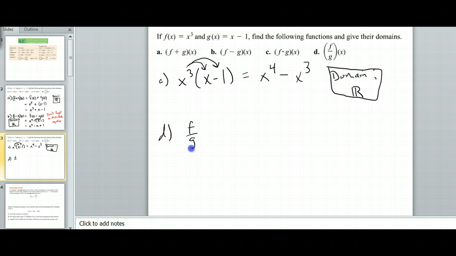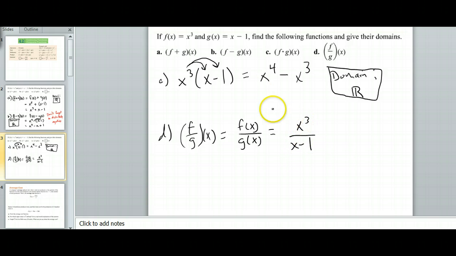When I have f over g of x, that means I got division. I'm taking f of x and I'm dividing it by g of x. So f of x is the cube function. g of x is x minus 1. Alright, so there's the answer to the first part. There's that, but then the domain,